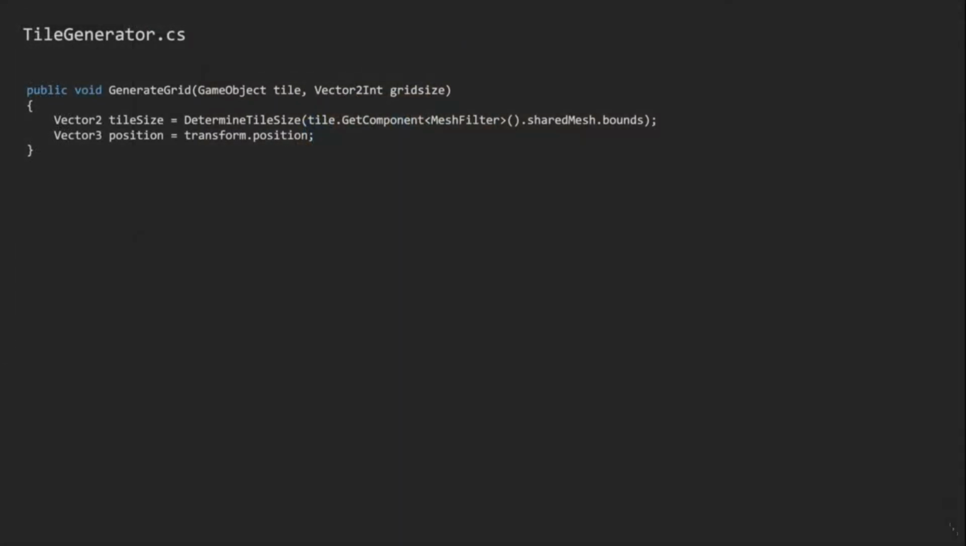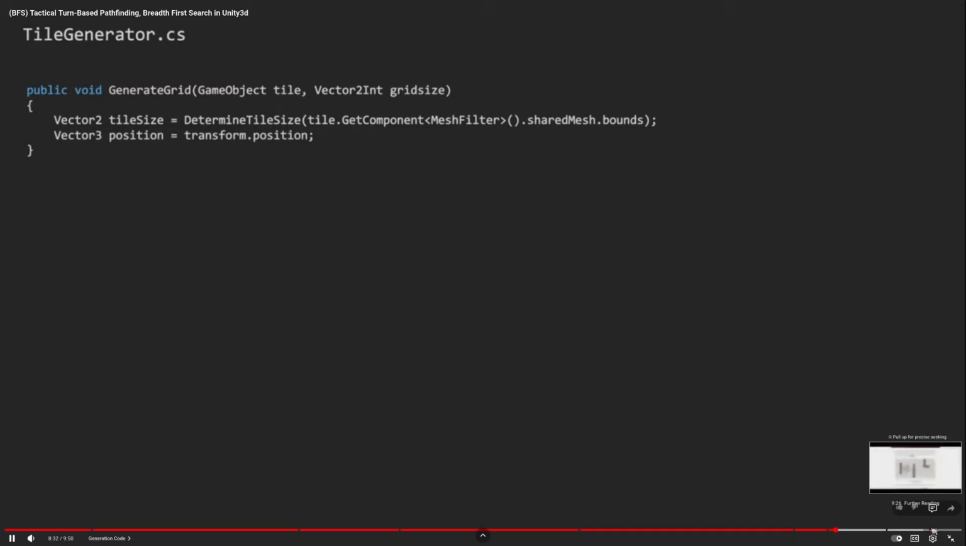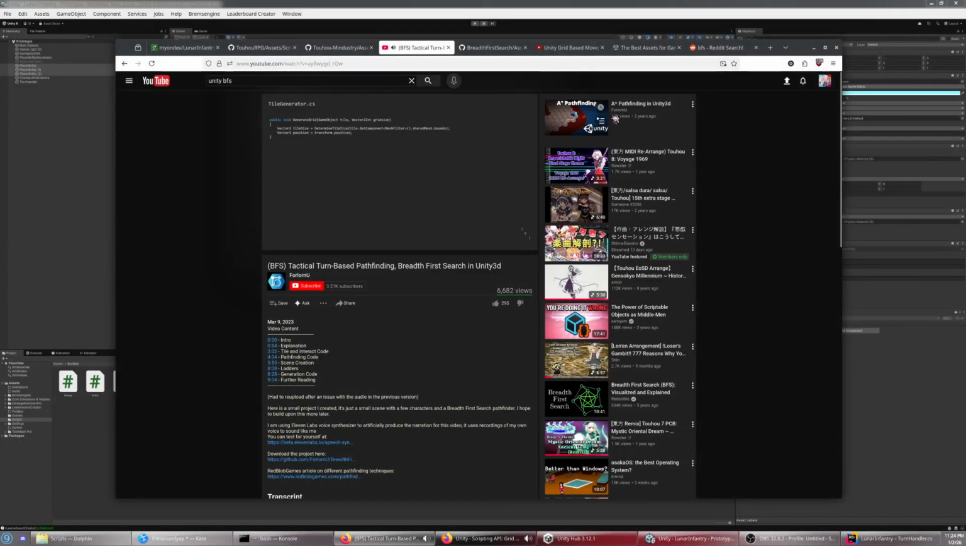The tile generator script looks something like this. It will read the tile size directly from the mesh. So as long as you use a flat hexagonal mesh,